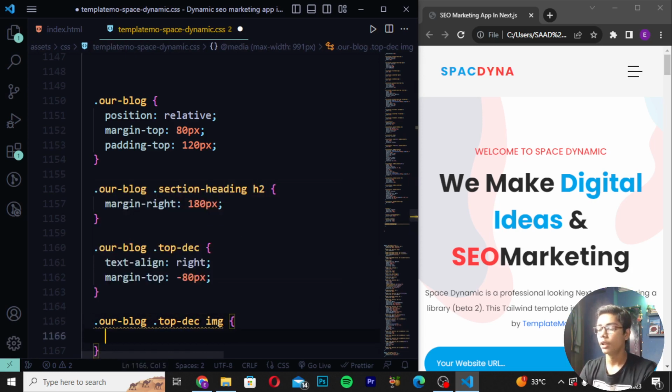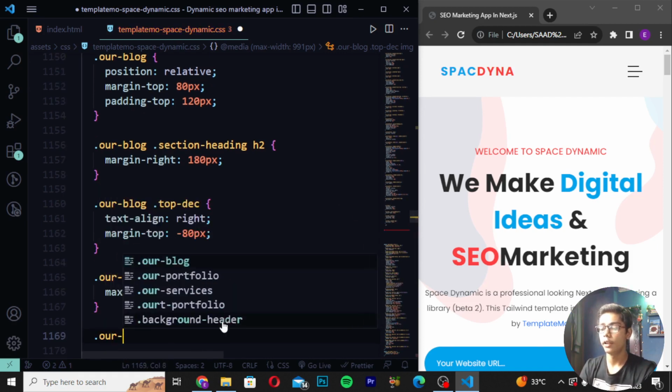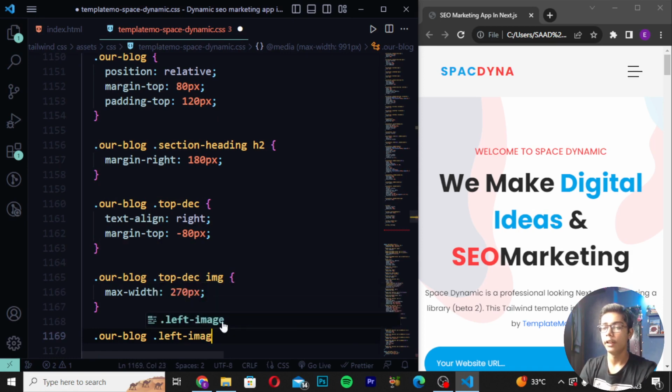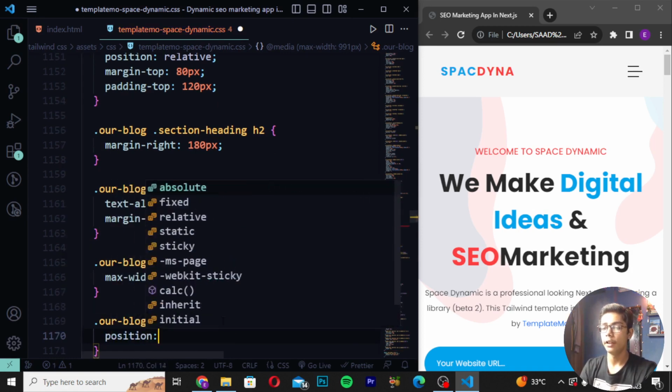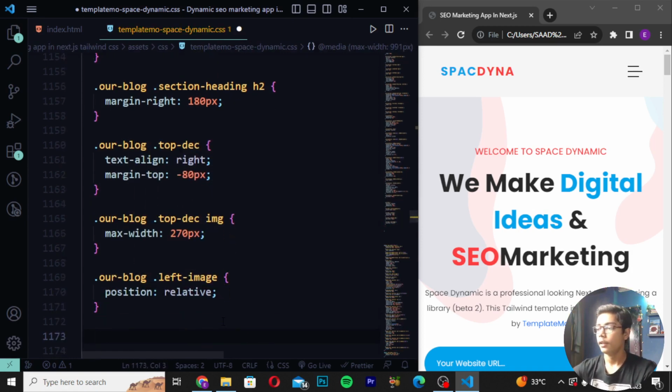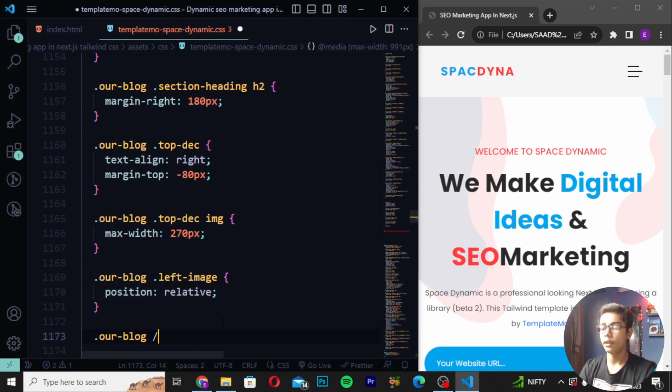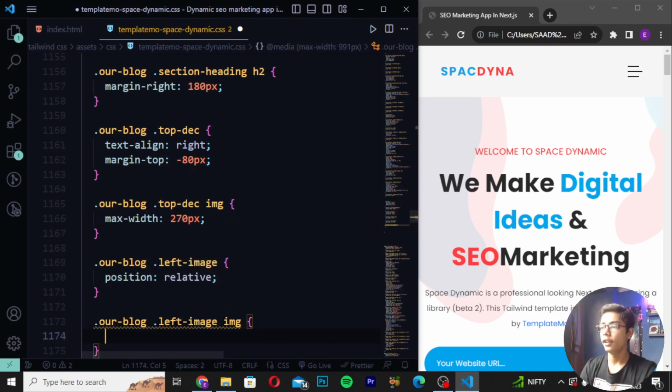Now you have to move down and create text align should be right, and I will be writing here max width, sorry. So here you have to set max width as, I will be writing here 270 pixel. Then you have to move down, write our blog, and I will be writing left image. So here you have to write and create left image, position should be relative. Then when you have written this, here you have to write dot our blog, and I will be writing dot left image, and then you have to write image tag and create border radius,